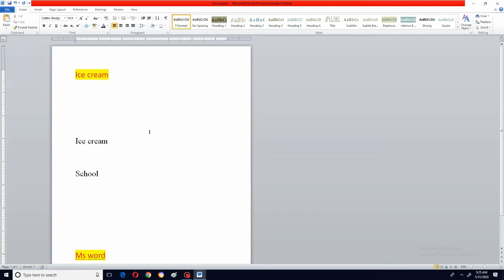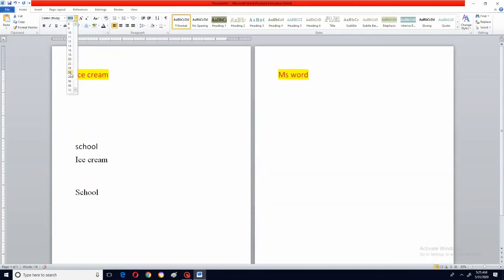Now I will type something, school. See the size of this font. If I want to increase it, I go to font size here, click there and select a number, 26. See, it has been increased to 26.